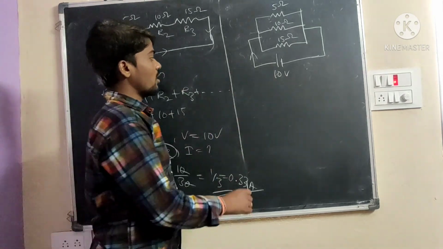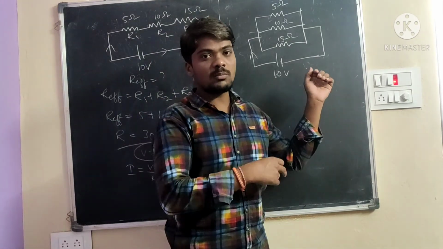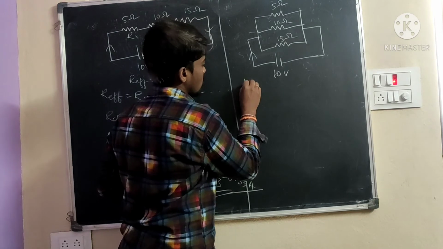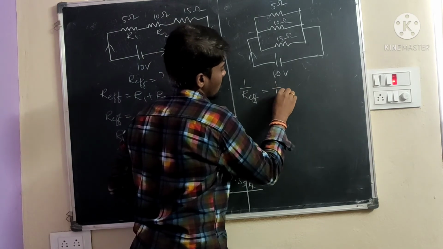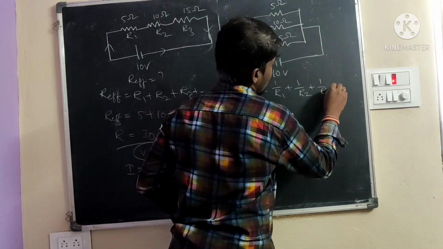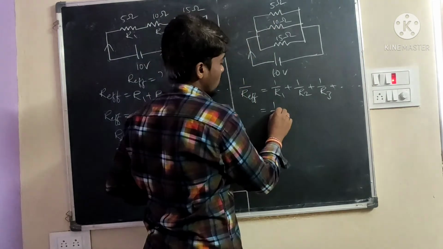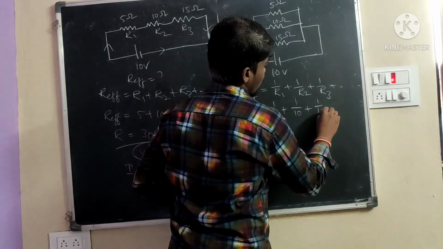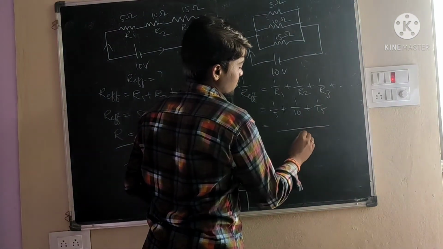For effective resistance in parallel connection, 1 by R effective is equal to 1 by R1 plus 1 by R2 plus 1 by R3, and so on. Here R1 is 5 ohms, 1 by 5. R2 is 1 by 10. R3 is 1 by 15. We will find out the LCM of 5, 10, 15. 15 is